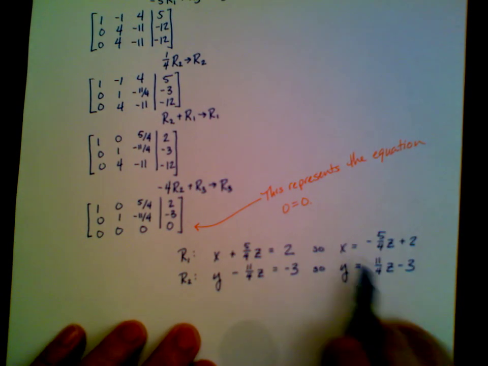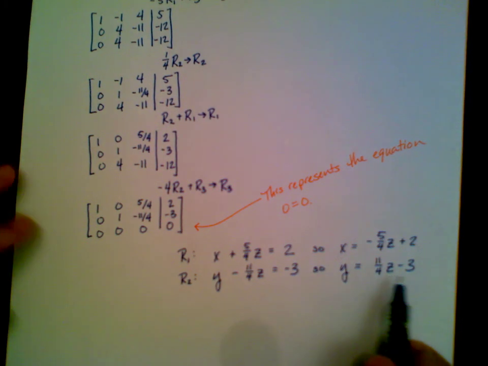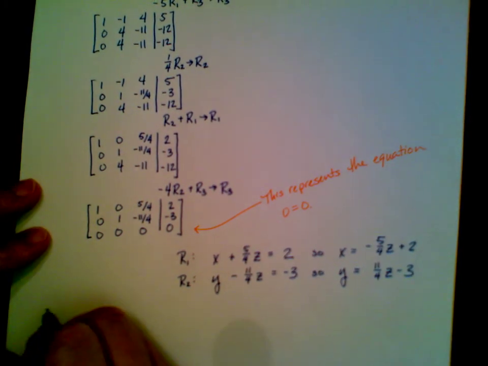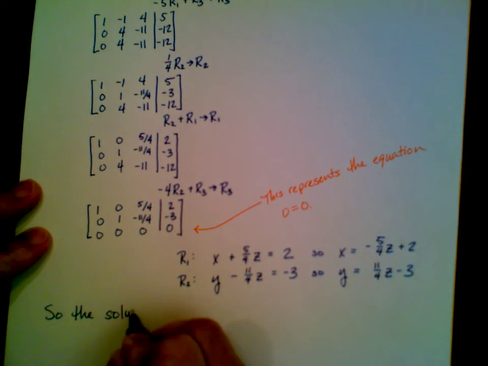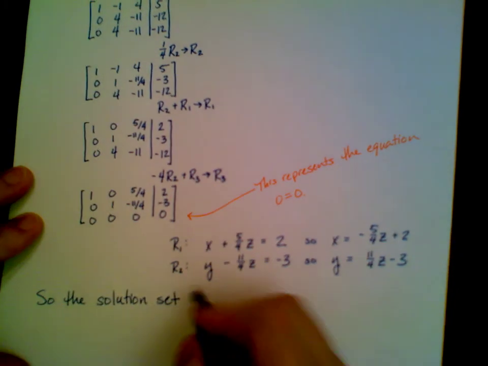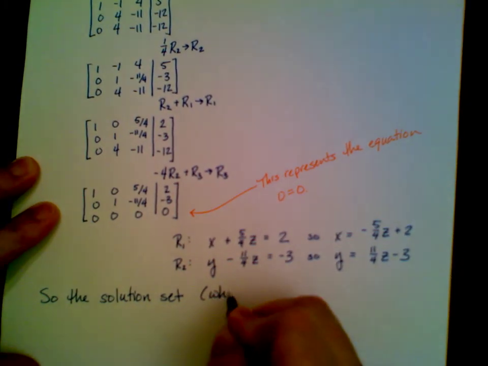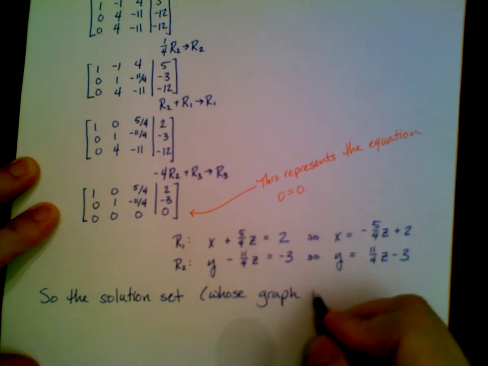So now I know both what x and y are in terms of z. So the solution set, and we'll even say whose graph is a line, just as a reminder to ourselves,